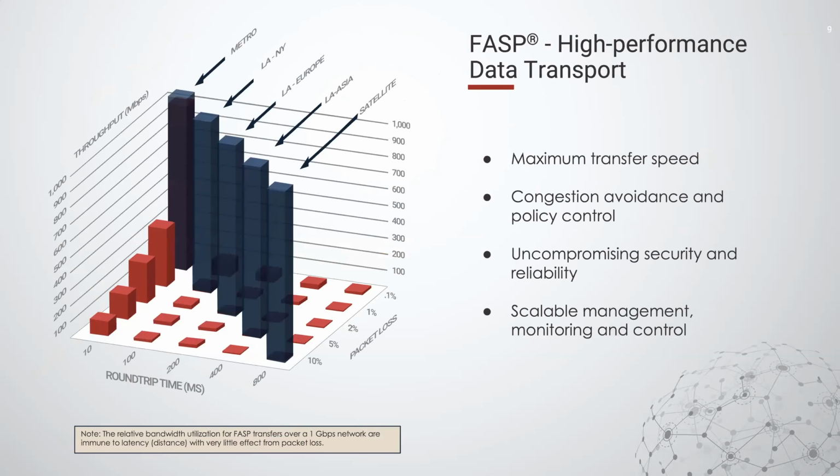IBM and IBM Aspera have addressed this through a unique software protocol called Aspera FASP, that stands for the Fast Adaptive Secure Protocol, that is built for these kinds of scenarios, right? So even when the underlying network conditions aren't great, even when there's packet loss or high latency, the Aspera FASP protocol can still go at full speed, at maximum